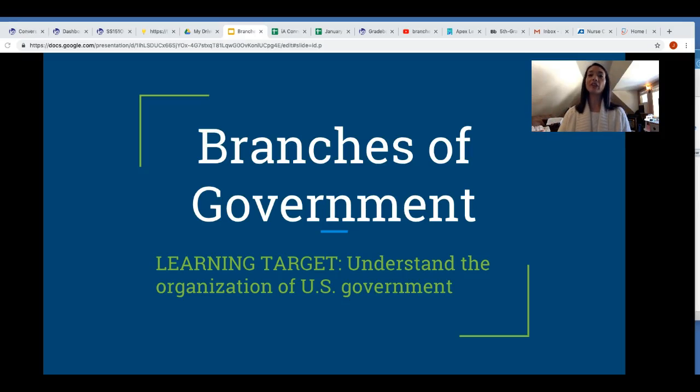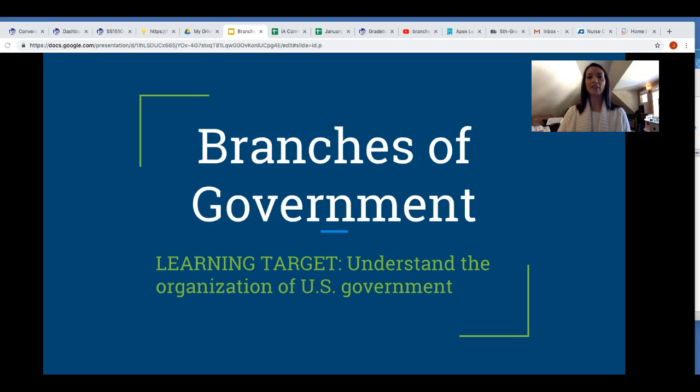We're going to be learning about the branches of government in the next 3 lessons. Our branches of government were established in the Constitution. Isn't that neat? Our forefathers had the idea over 200 years ago to have different sections of government. We know why, right? We learned that the colonists thought that the King of England had too much power. So, when they drafted the Constitution, they wanted to make sure that no one part of government had too much